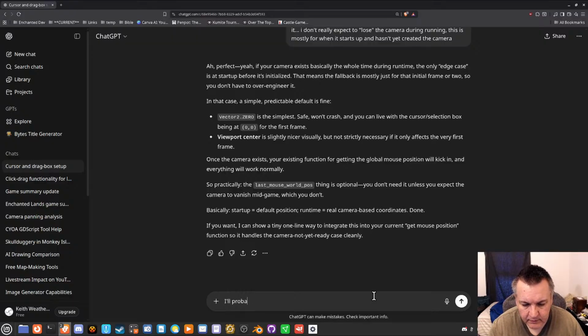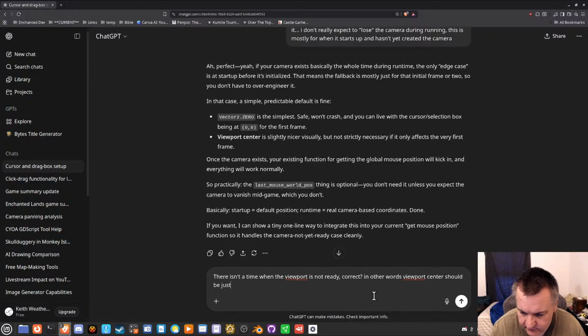I'll probably do viewport center because, let's see, there isn't a time when the viewport is not ready, correct? In other words, viewport center should be just fine.